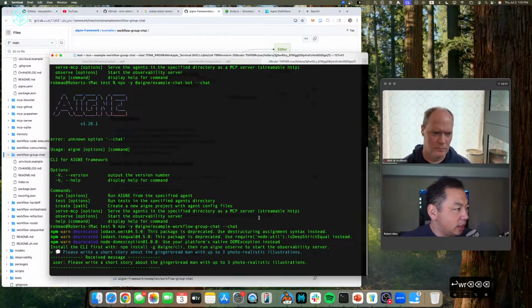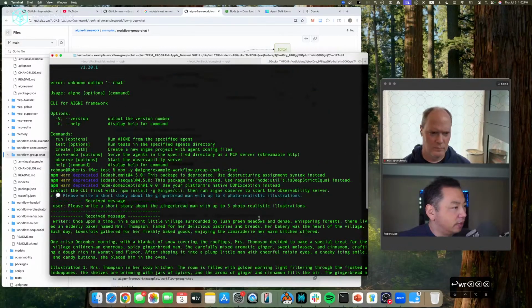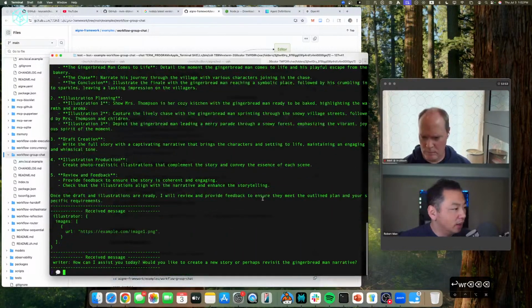So this is actually trying to work, but I think this is one of the more complicated ones. Okay, it actually worked. So this is one of the more complicated workflows, called a group chat workflow. I'm planning to cover it later, but I don't know why the simplest one didn't work.